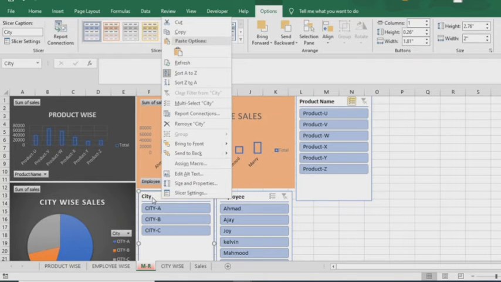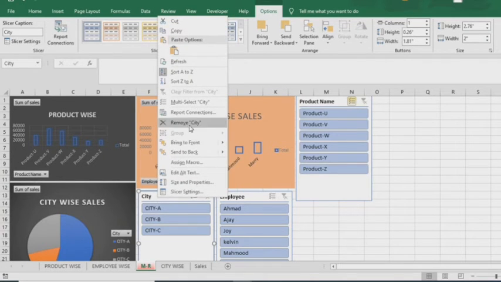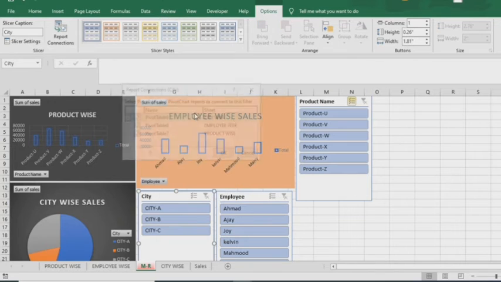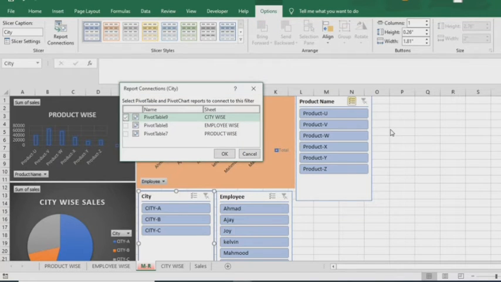We can right click on the city slicer, then go to Report Connections. In Report Connections, I can see the two other slicers. Slicer means pivot table, so it will link that pivot table, slicer and chart also. So I take these all three now linked with the city wise sale.